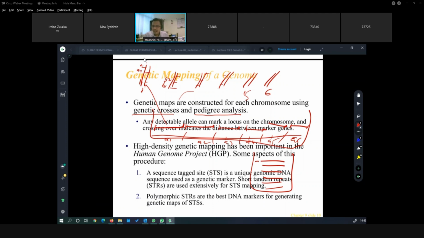So how do I know if this one is located here or located here? What I can do is find the marker over here, A1 or A2, A whatever. So based on this, later if I do sequencing, I will be able to tell that the sequence that I have over here actually belongs to this segment, because I have the A3 actually over here.